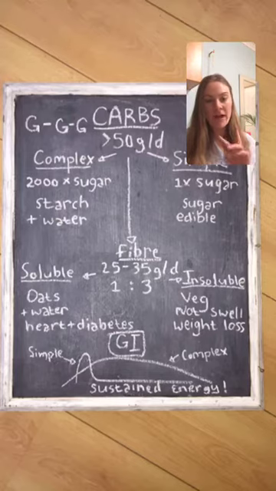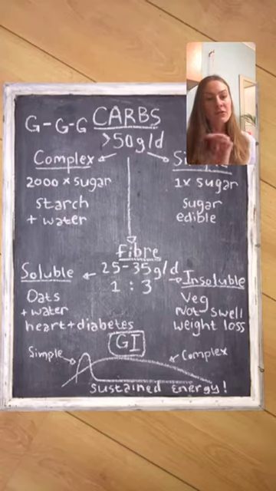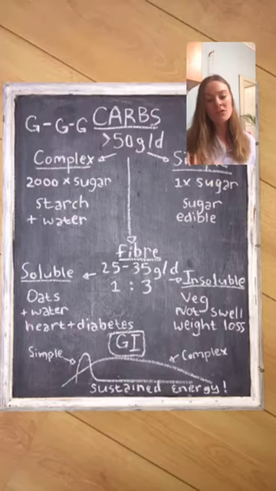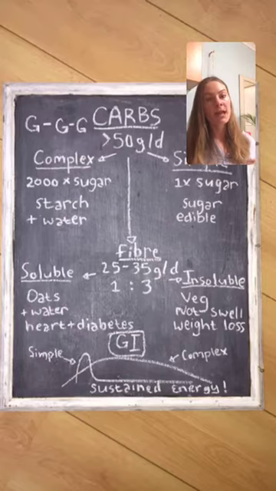Okay, so fiber also has two categories. The first one is on the right, it's your insoluble, and then on your left is your soluble fiber. There's also two categories there. So let's start with the one on the left, which is your soluble fiber. Soluble, for example, would be your apples, oats, and oranges. And these foods, if you put them in water, they actually absorb the water.